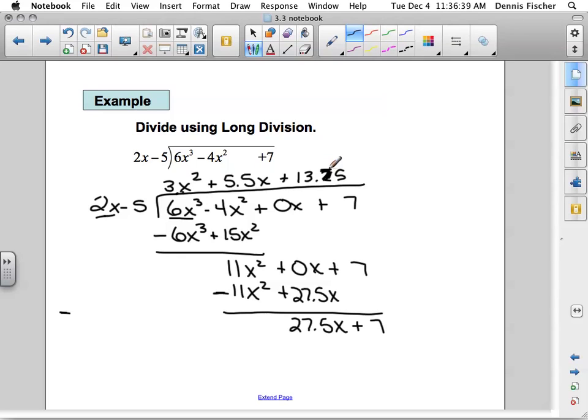Okay, not an x, because we already have the x here, right? So 13.75 times 2.5x, right? A little harder. 13.25 times 5, is it 2.5? That's 27.5x minus